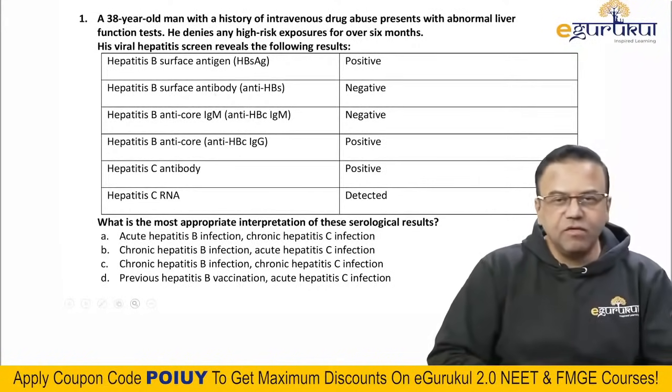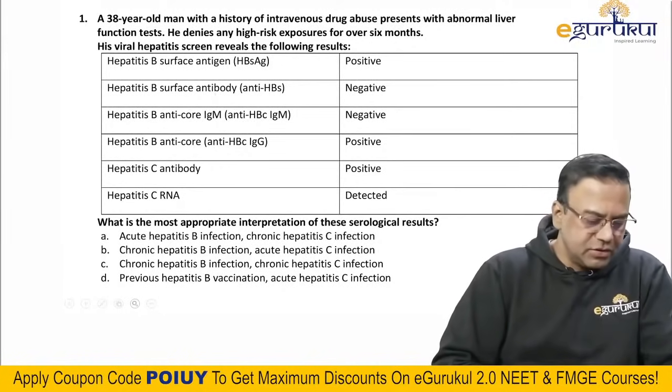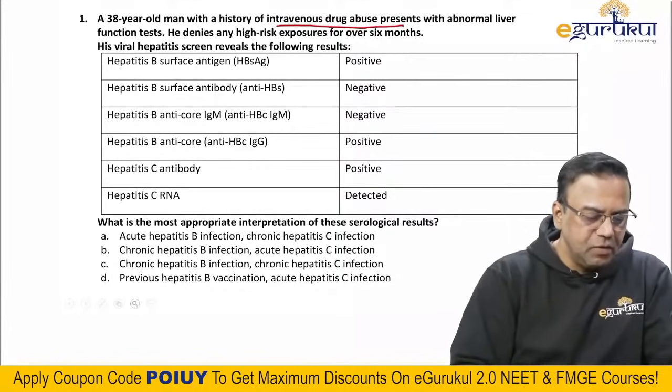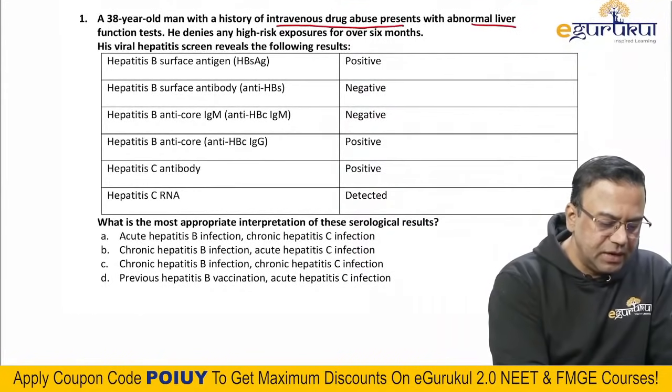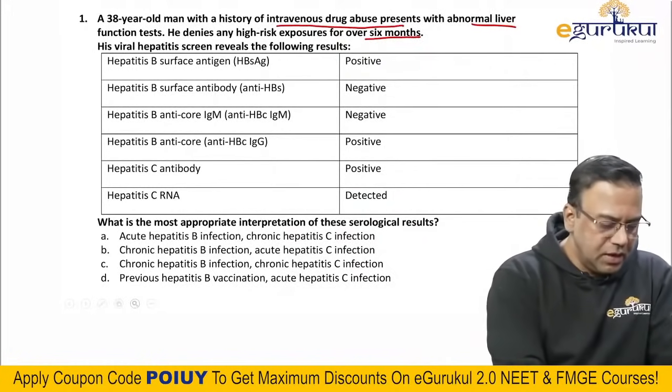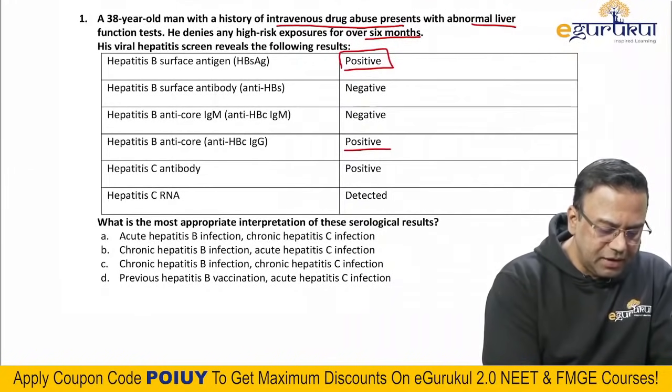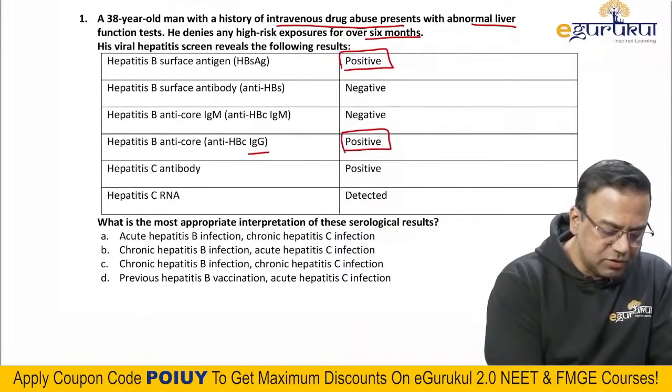This is a question of a patient who is coming with hepatitis. He's an IV drug abuser. He's got a history of IV drug abuse with abnormal liver function tests. He denies any high risk exposure for over 6 months. A viral hepatitis screen reveals the following. His surface antigen is positive and his hepatitis B core antigen IgG is positive and his hepatitis C antibody is